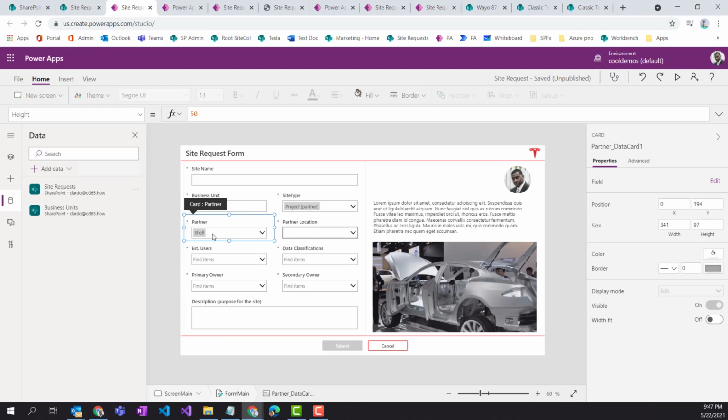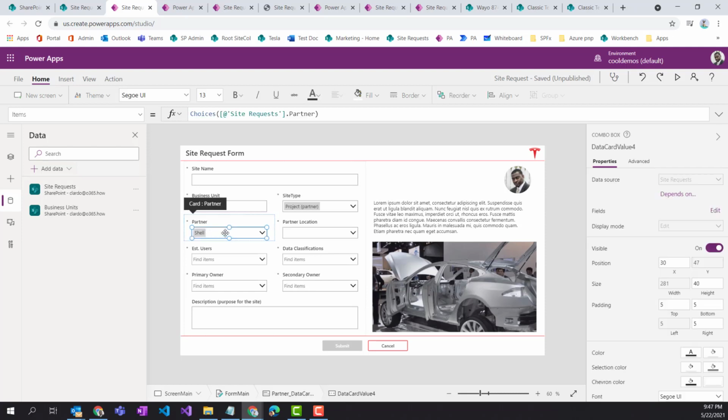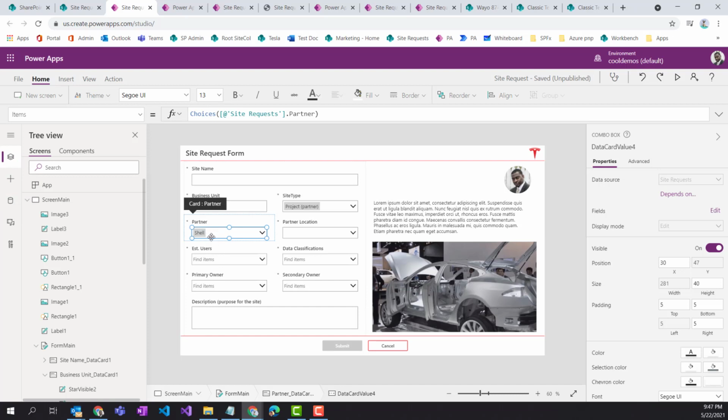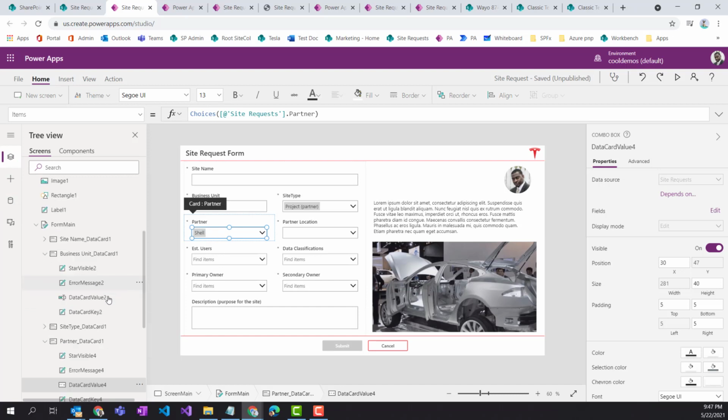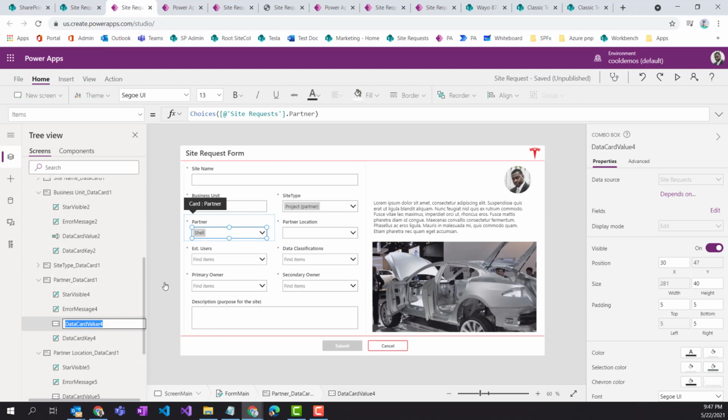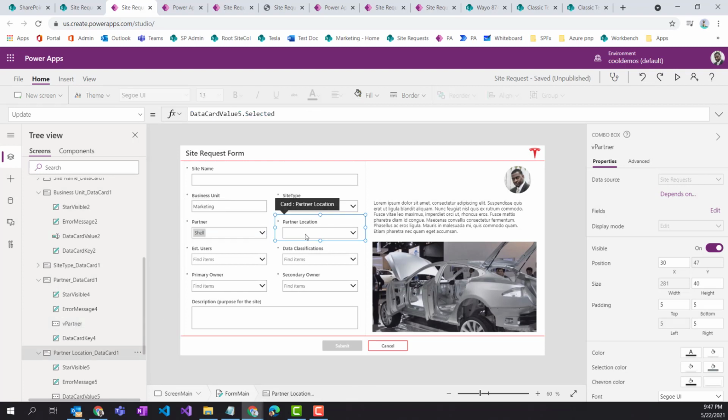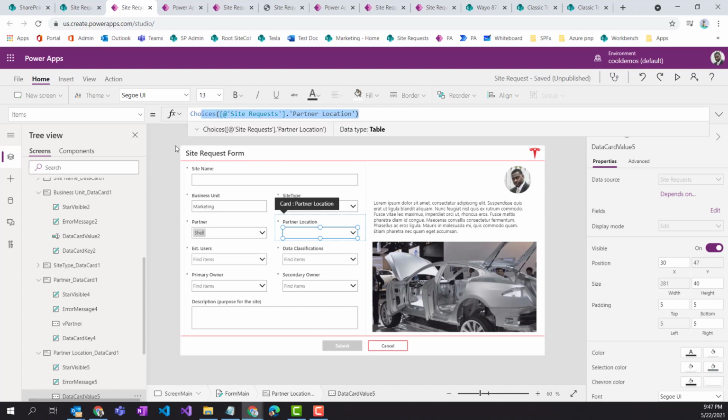Now, the first thing is first. The first thing we want to do, we want to take this selected value and filter this dropdown. Because we're going to use the selected value from the partner dropdown, we want to rename this to something that makes sense. So once we have it in our formula, we're not using generic names. So we have that name. The other thing we want to do is go to the selected dropdown here. Instead of using the choices, we actually want to filter this based on this selected value coming from the partner